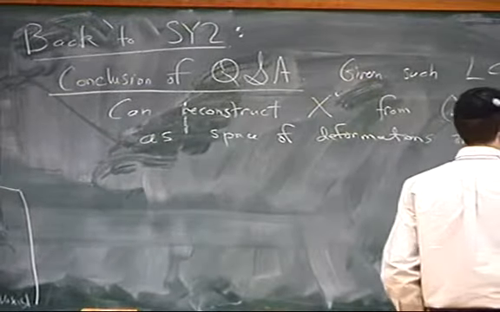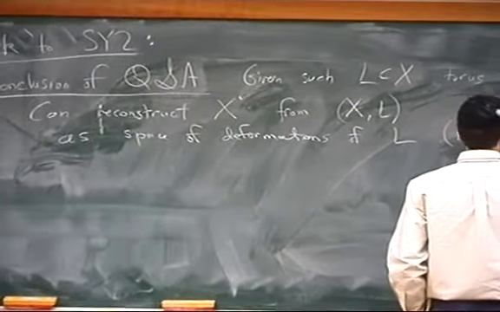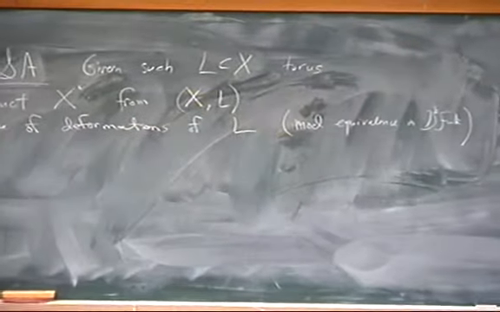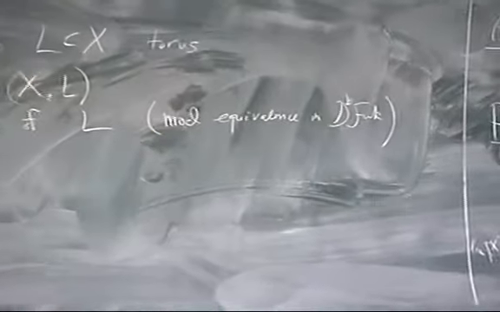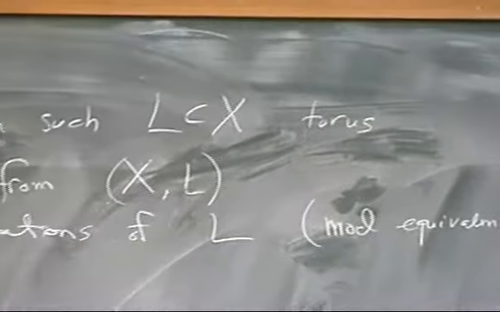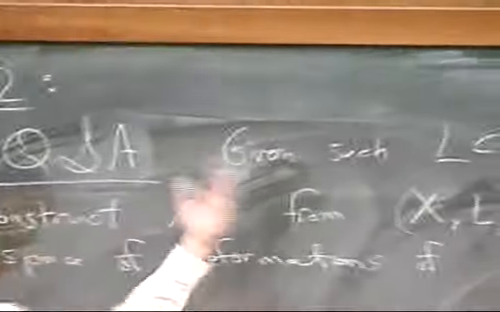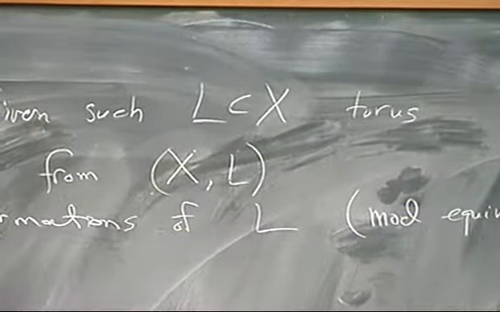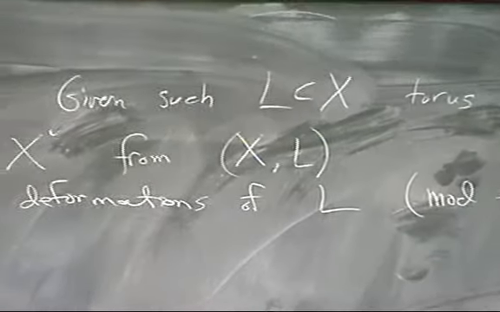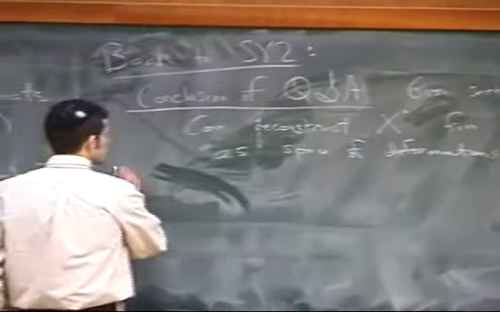One can consider some kind of mod equivalence. It is of course highly unclear how to define this mathematically, but just like when you take a point inside of a complex manifold, you can deform it and you get all the rest of the points of the complex manifold. So too, if you had this Lagrangian torus and you knew what it meant to deform things in a derived category, you could just deform this L, and you could recover the entire set of points, presumably with an additional structure of a complex manifold of the mirror.